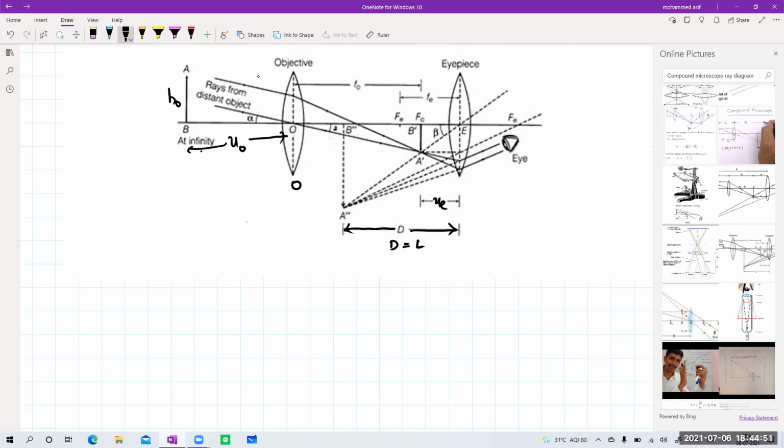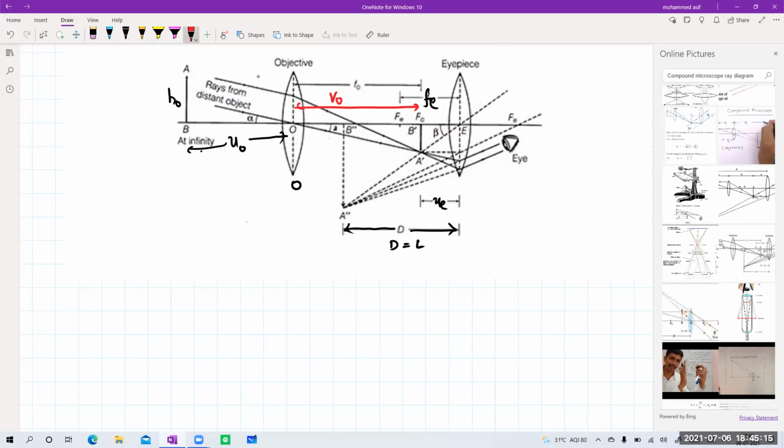The image is formed right now from here to here. This is the focal length of your eyepiece, and the image is being formed somewhere here right now. So this will be the image formed by the object. From here to here I'll try to write with the red pen, so we'll get clarity. So the image is formed somewhere here. From here to here, this distance is the image formed by the object. Any doubt?